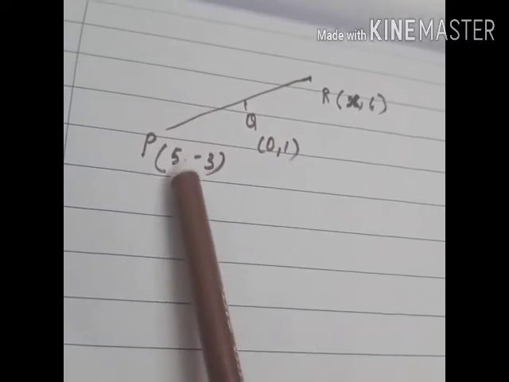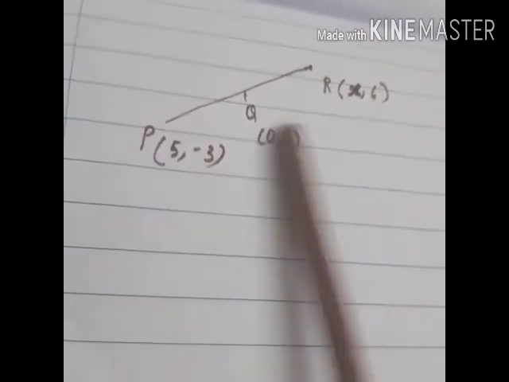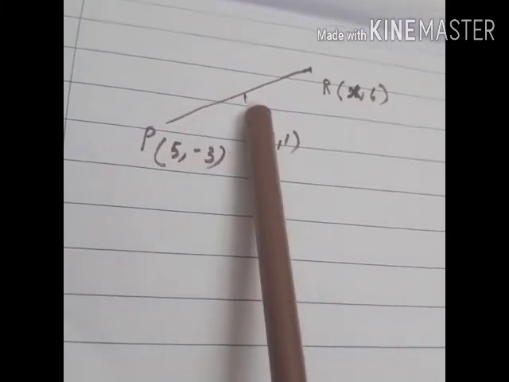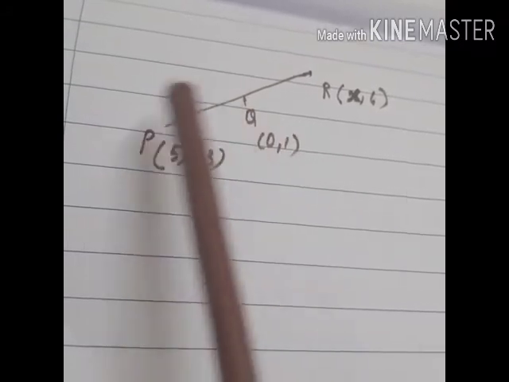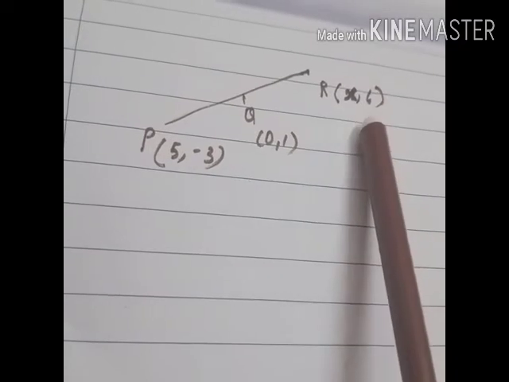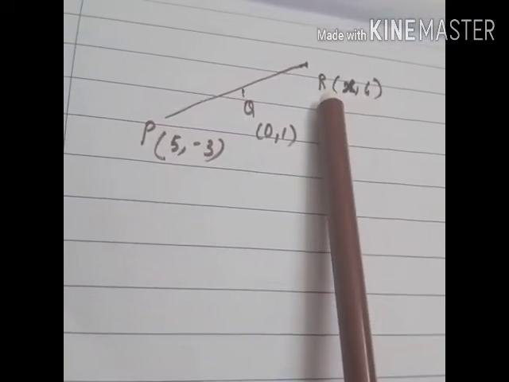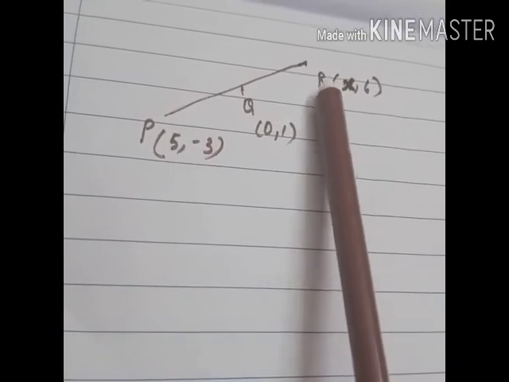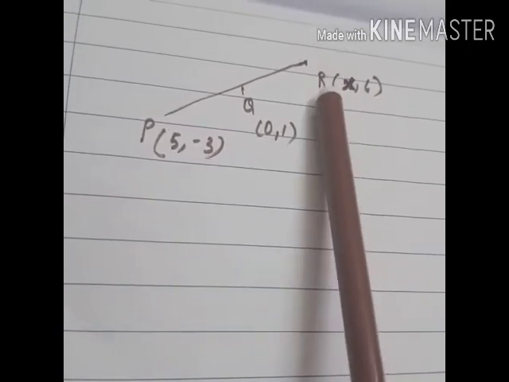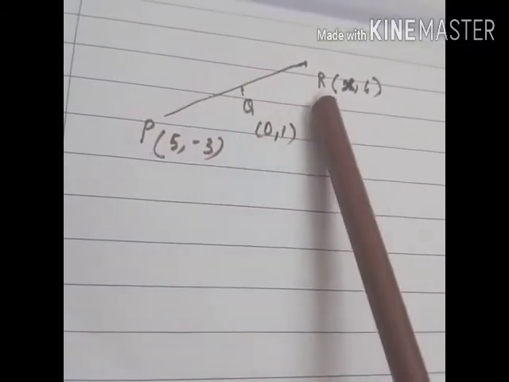According to the question, P, Q and R are the 3 points. Q is equidistant from P and R. The coordinates are given, but one is unknown, that will be x. So first of all we have to find the value of x. Then we should find the distances PR and QR.